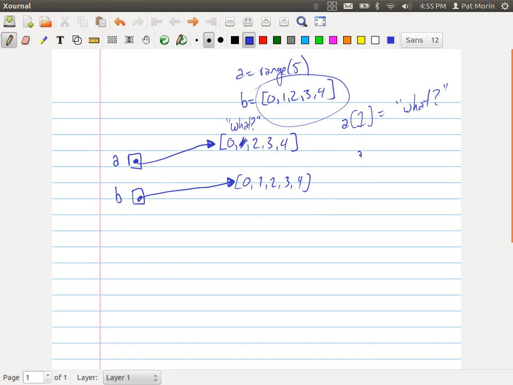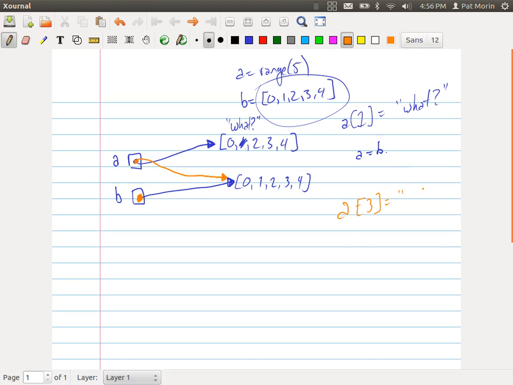Later, we say A equals B. So what does that do? That takes this little box here that is the variable A and says, look, don't refer to whatever you used to refer to. Stop being whatever you are currently and become the same thing as B. Or if you like, copy the value that's stored in B right into that location. And the value that's stored in B is a reference to this array, so now A is also a reference to that array. And now when we start messing with A,